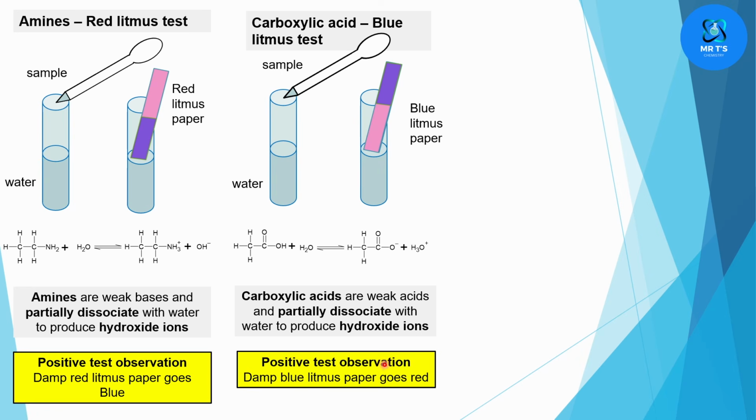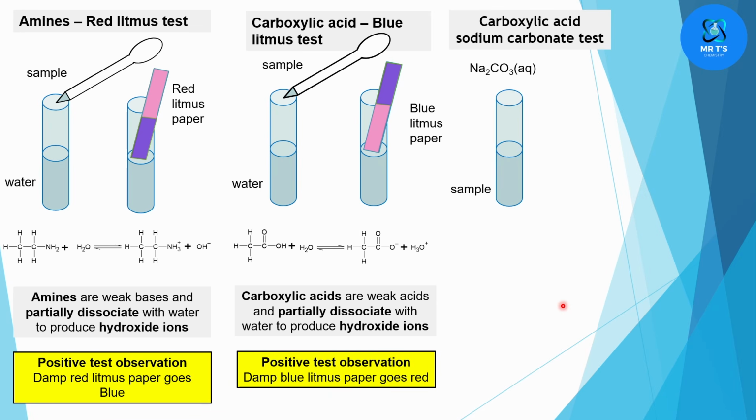So the positive test here is that damp litmus paper will go from blue to pink. Okay, the other way, the definitive test: if we think that we have a carboxylic acid because it went pink, we're going to definitively test this by taking the sample and adding to that sample